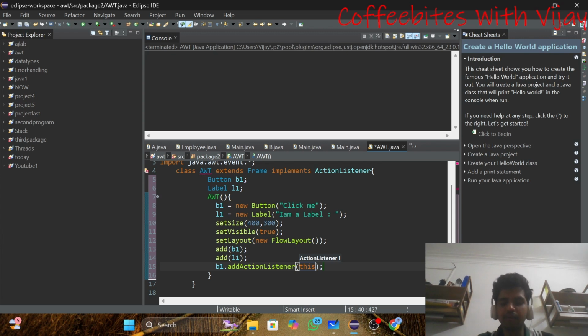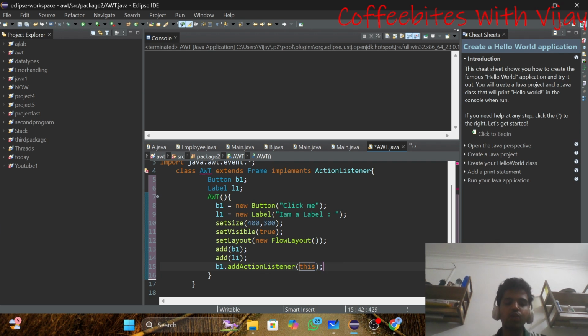Whenever I click on the button, this add action listener will invoke the action performed method. So here I have registered the button.